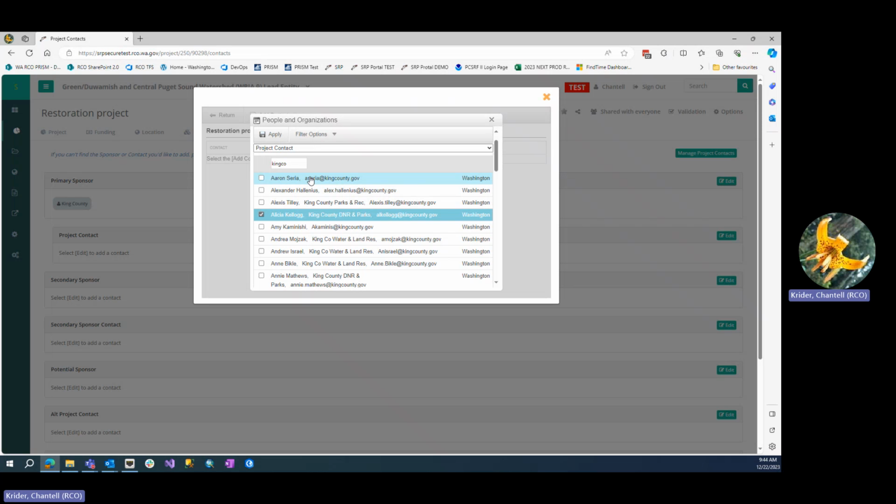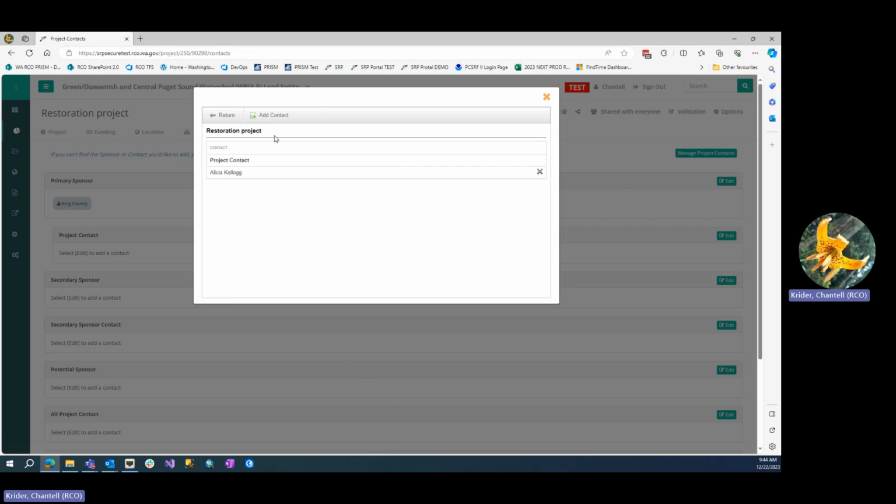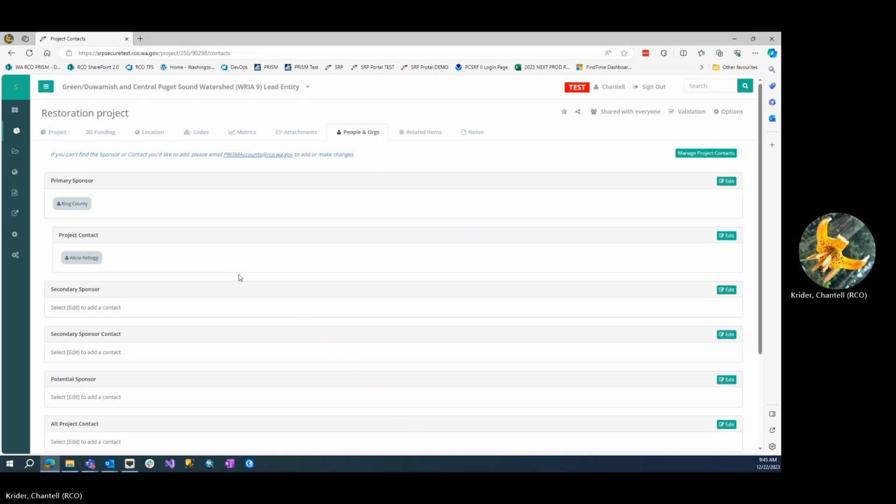So the project contact must have an email address because an email is going to be sent to them via the Send to PRISM process, and where they're notified of their application ID number and a link to the application to complete the application in PRISM. So I've entered this information. Now I'm ready to go to the Send to PRISM